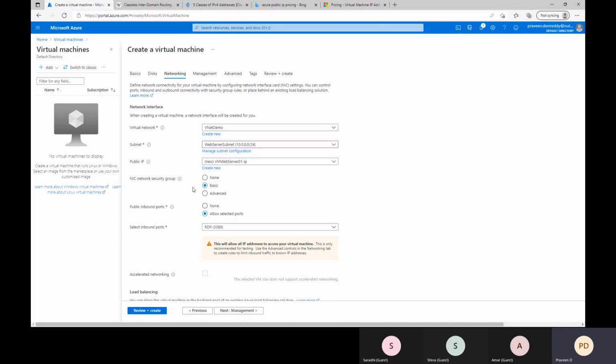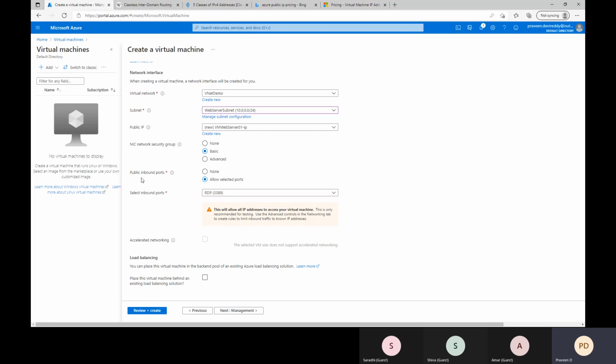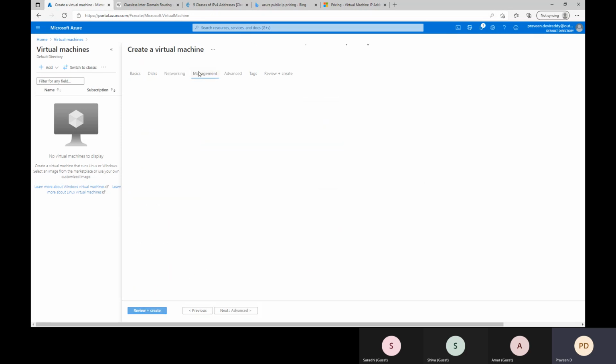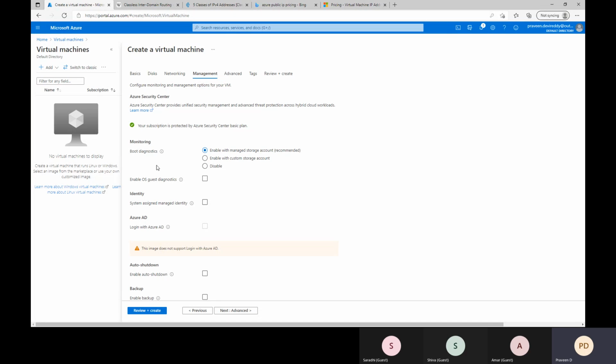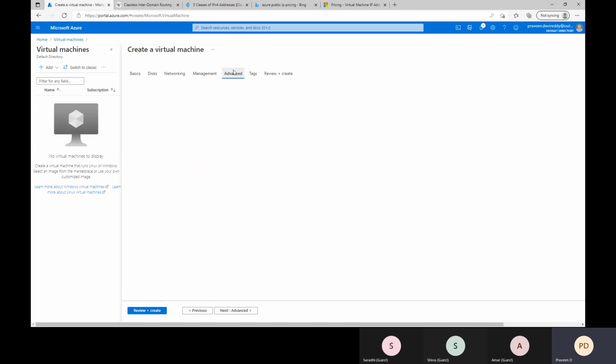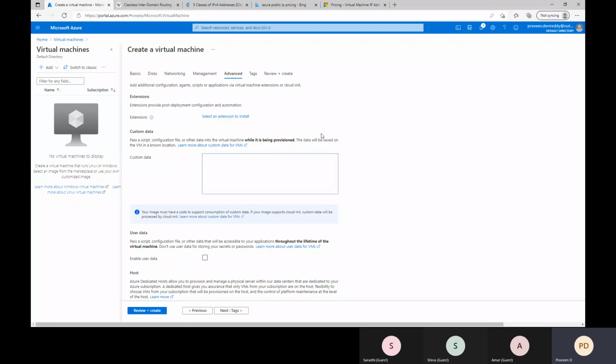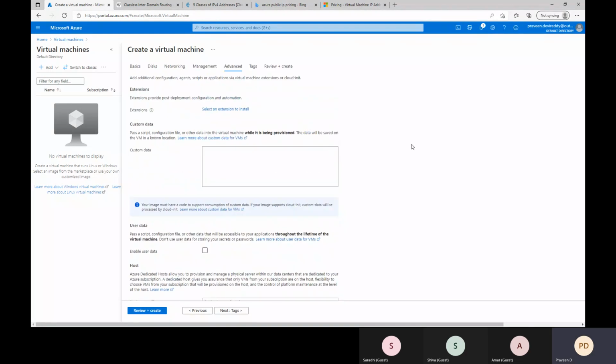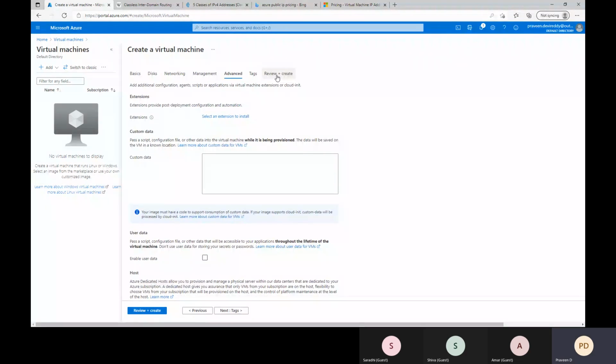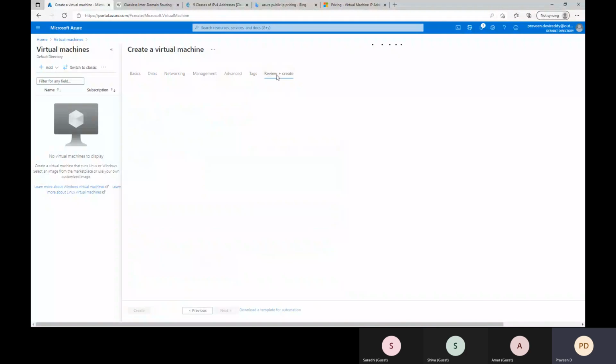I don't want to change the NIC. I don't want to modify any existing settings. So I click on management. I will disable the boot diagnostics. Next, I will go to advanced. I don't want to add any extensions here. So I'll finally click on review and create.